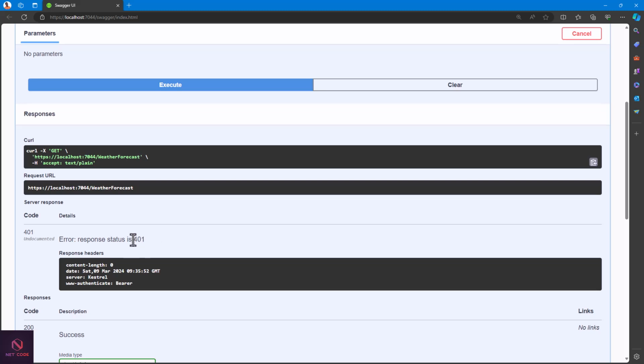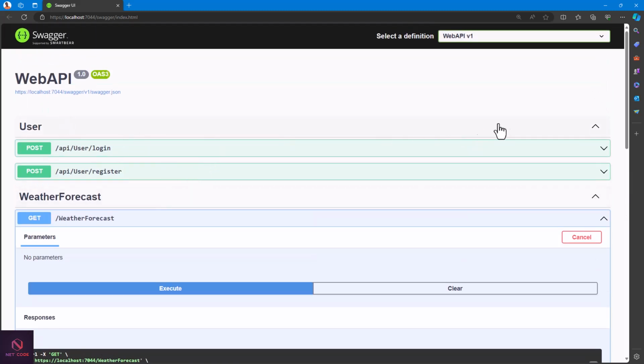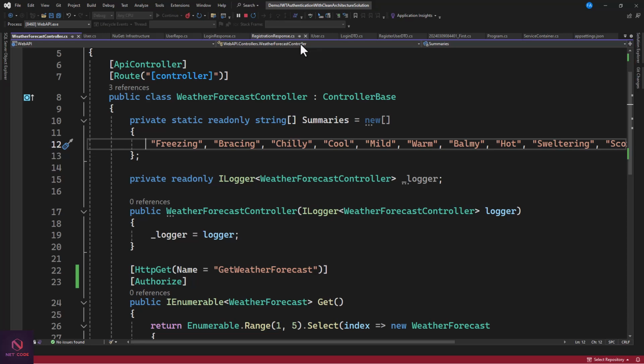Now you see we have 401. It means we are an unauthorized user. We are not authorized to access this content. Okay. In order to get this, we need to have a section or a feature that we can pass. We can log in, get a token, and now authenticate ourselves and I get access to this. So let's do that. We go to the program.cs,